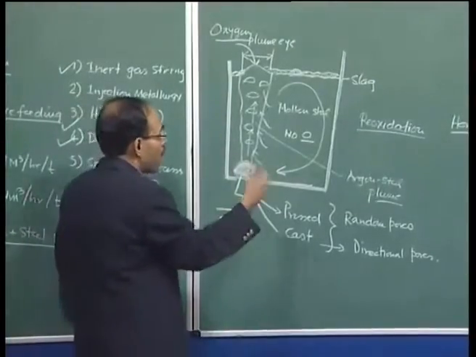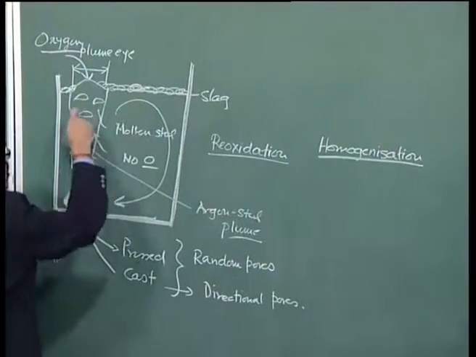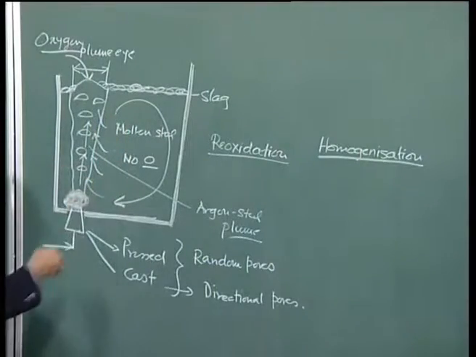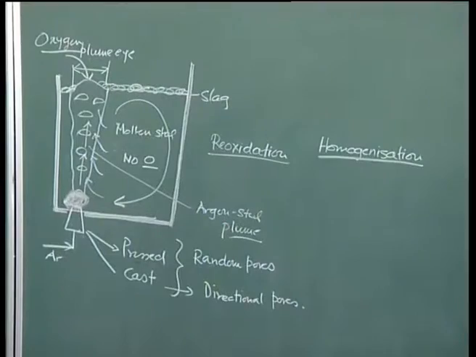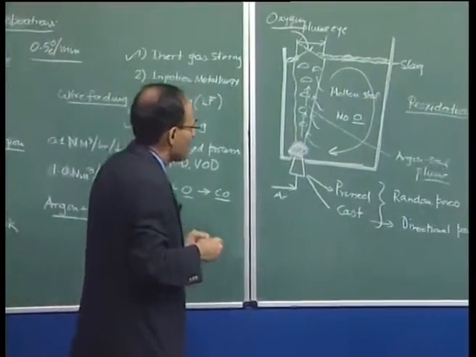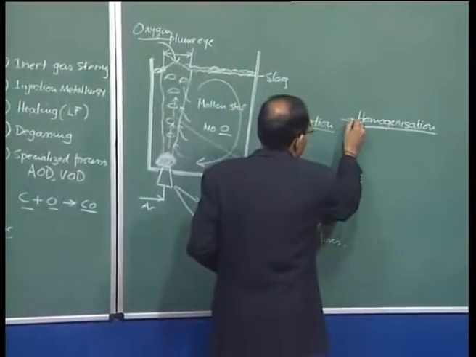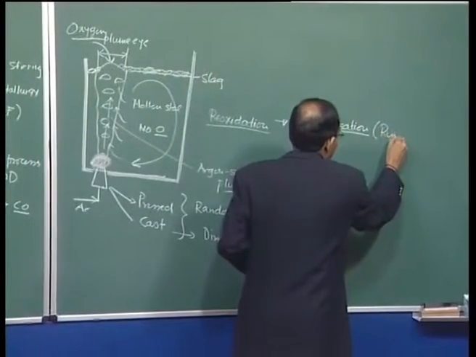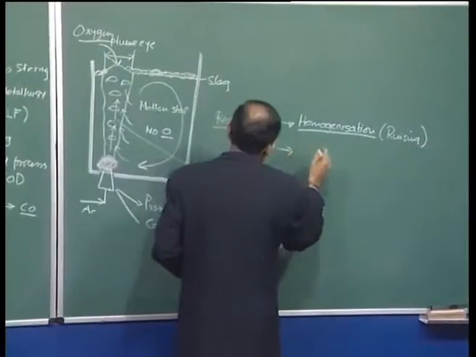As a result of homogenization or argon rinsing, we would have the same amount of oxygen, nitrogen or silicon everywhere. We are going to have more or less the same temperature in the system, not much difference. So thermally and materially the bath can be homogenized by argon injection. This is basically homogenization, which is called in industry, or on the shop floor, a rinsing operation.